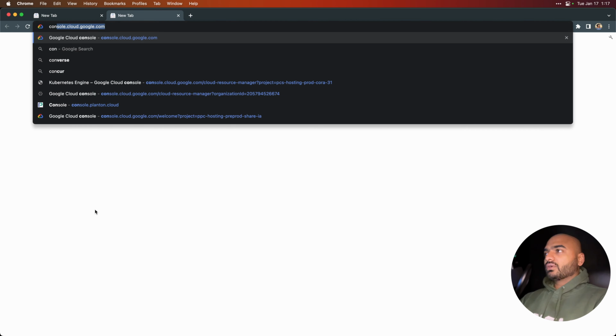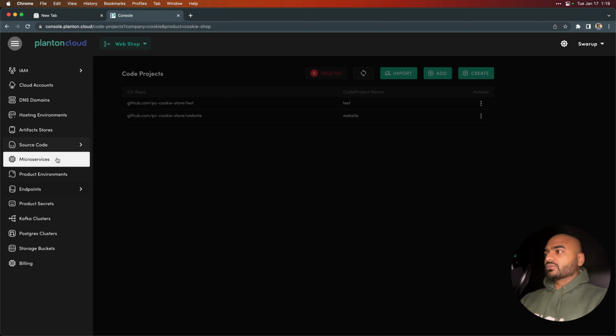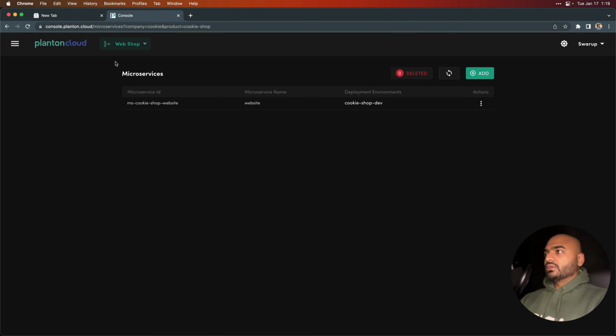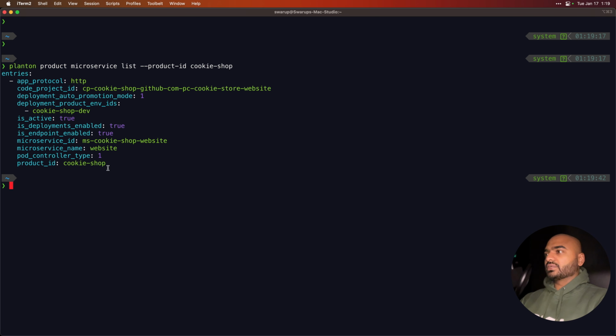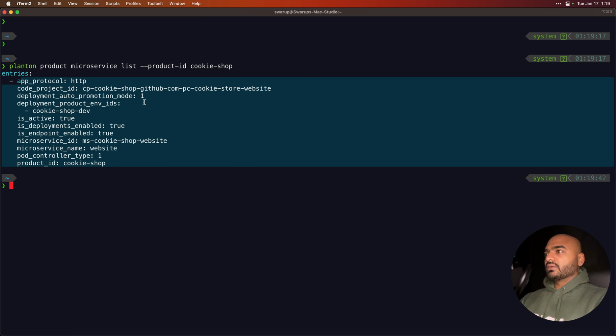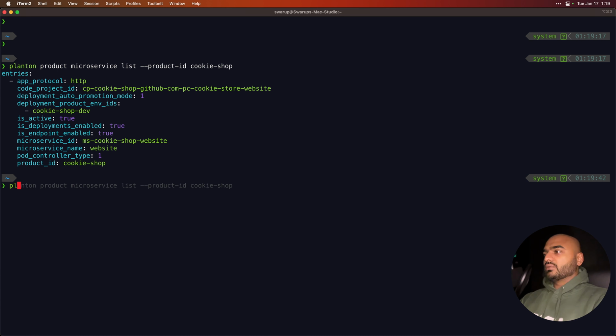First, let's check the list of microservices that exist for the Cookie Shop product. We see one microservice available on the console app. So let's list out the microservices using the CLI. As you can see, we are able to list the microservices, and similarly we can also do an update on the same